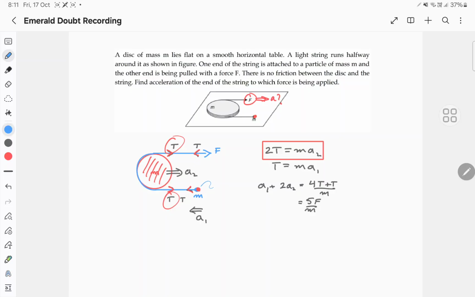Similarly for the small mass, this point mass m, there is only one force which is T acting on it, so T is equal to ma1. This is again with respect to the ground. Now what is the acceleration of this end of the string? The string is tight all the time, so